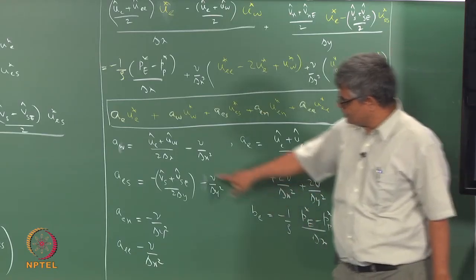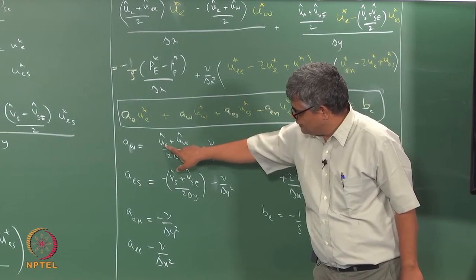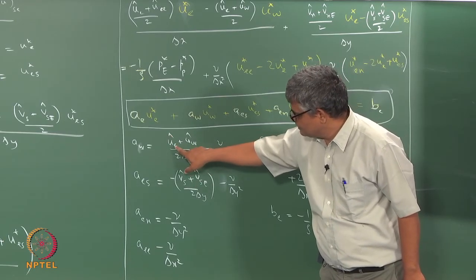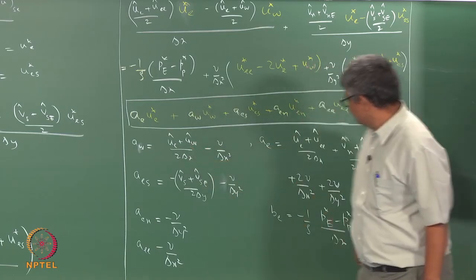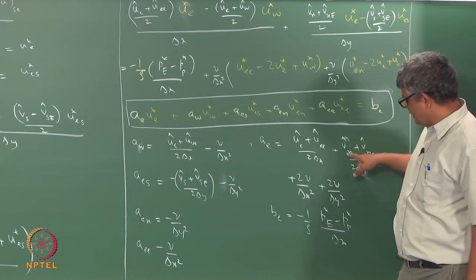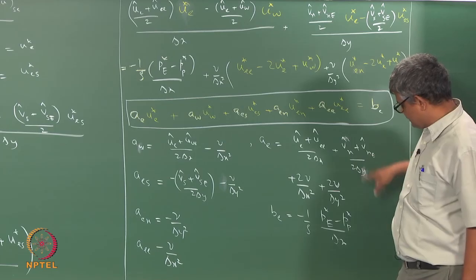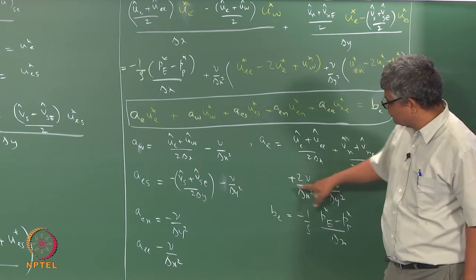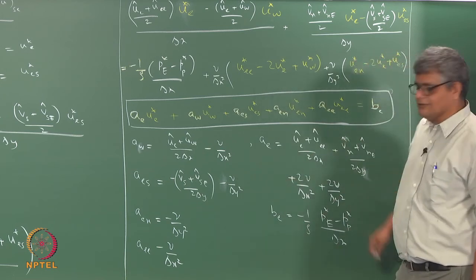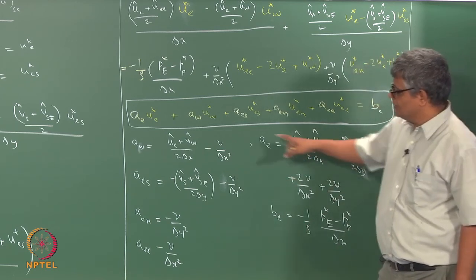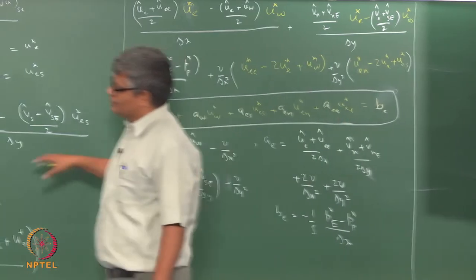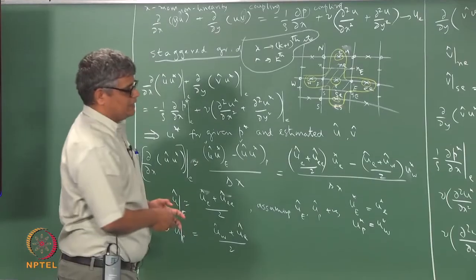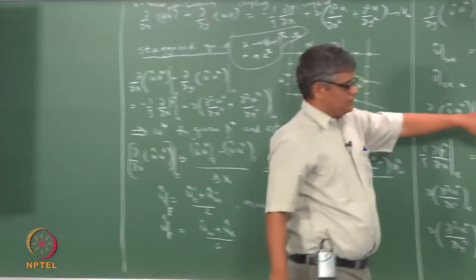Okay, these are the 5 u velocity components which appear in the discretized equation with these coefficients here, and these coefficients are in the form of the values of u at the previous time step at the nodes at which they are evaluated, the values of v at the nodes at which they are evaluated, and geometric constants like delta x square and properties like viscosity. So using this way we can convert a discretized partial differential equation into an algebraic equation like this,